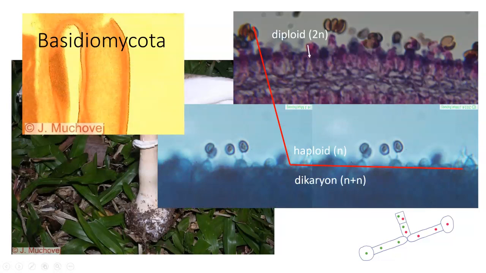Now what we see is the division. Where does it go from being the dikaryon to the diploid part, which is in the basidium, to the haploid part, which are the basidiospores? And then the basidiospores get transmitted, and it starts the whole process all over again. Mitosporic fungi, mitosis. What we have here is things that reproduce based on mitosis, and since they're reproducing based on mitosis, we don't have a sexual phase.